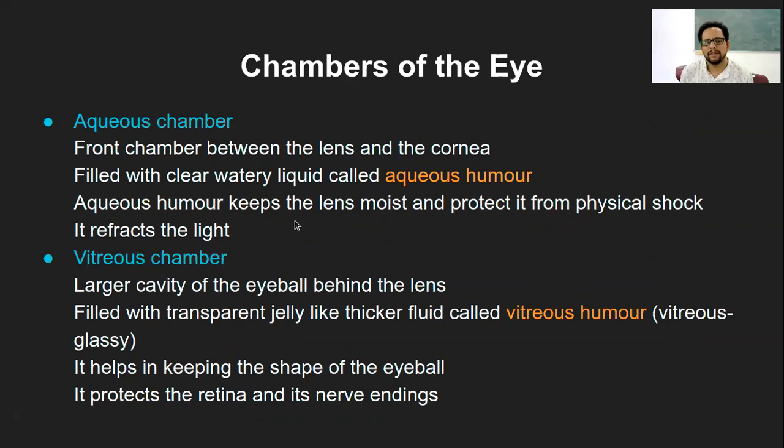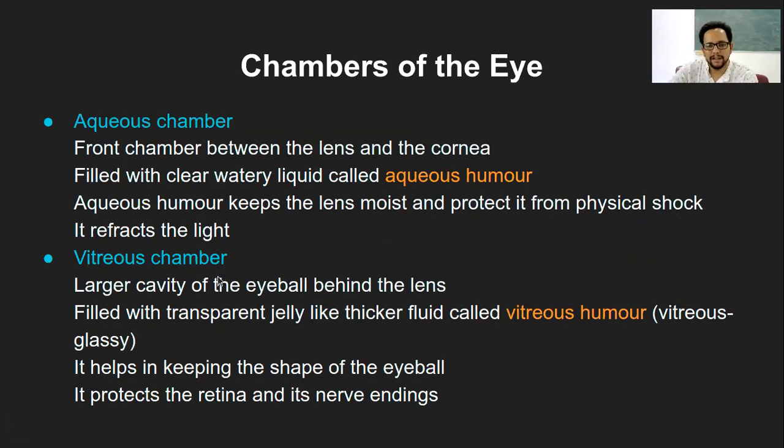Something like if the aqueous humor is spread out all over the sclera on the top of the eye, then for the amount of light that enters your eyes, at least the portion falling on the sclera will be reflected back, while only the light entering through the pupil will go and reach the retinal layer. So that is the aqueous chamber and the aqueous humor.